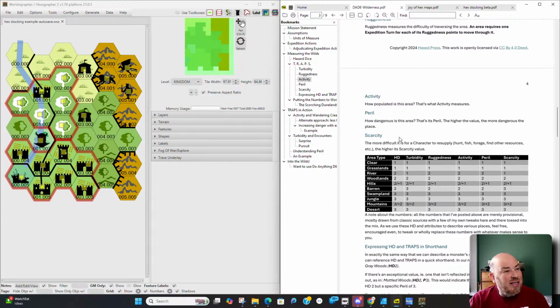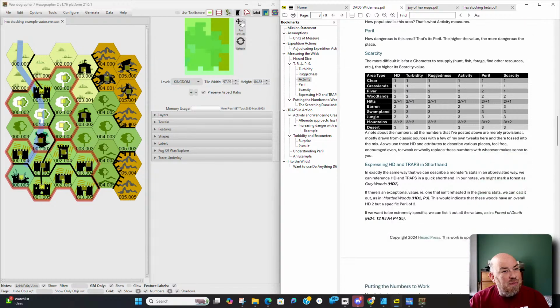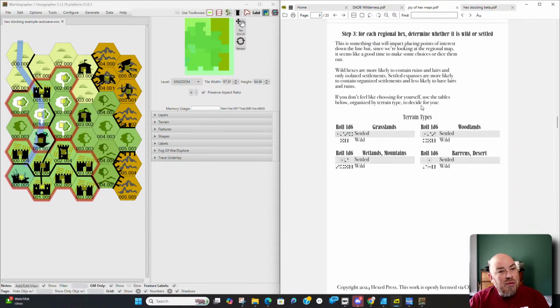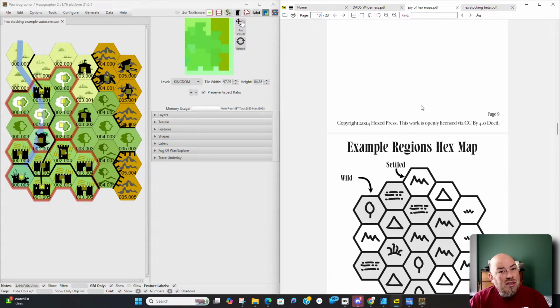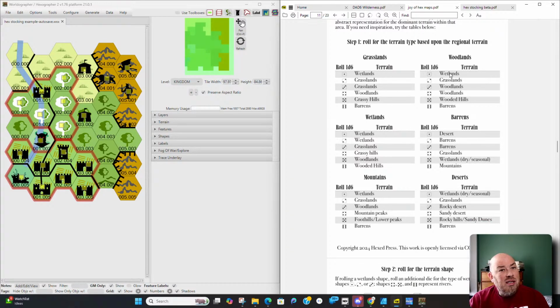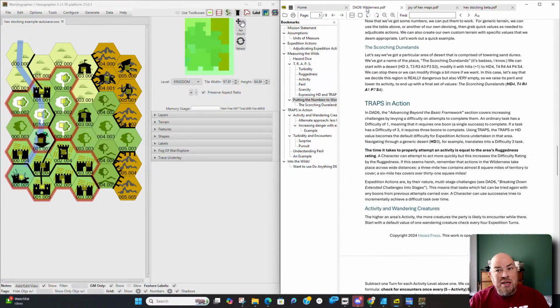What did we say this was? What was I rolling on to fill this thing up? I think it was woodlands. Okay, so this is a woodlands hex, which would mean that we would have,